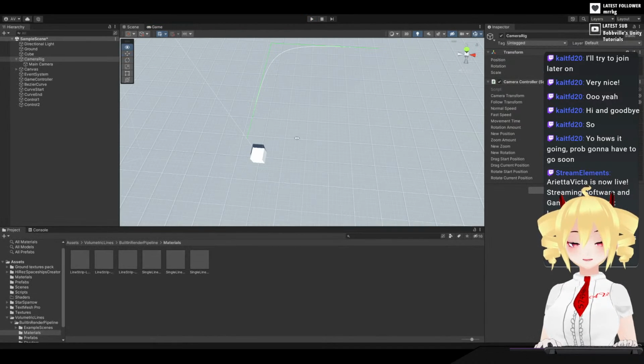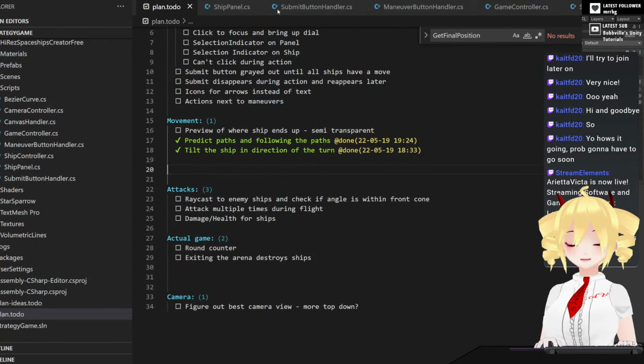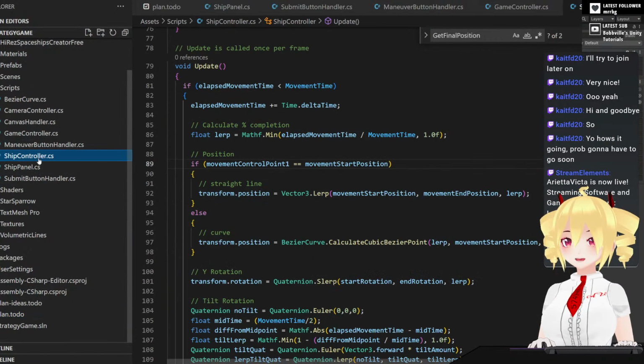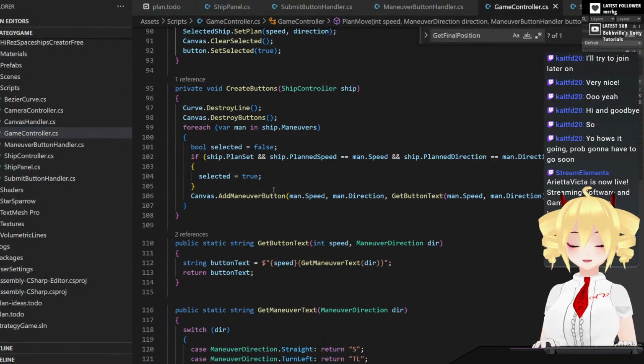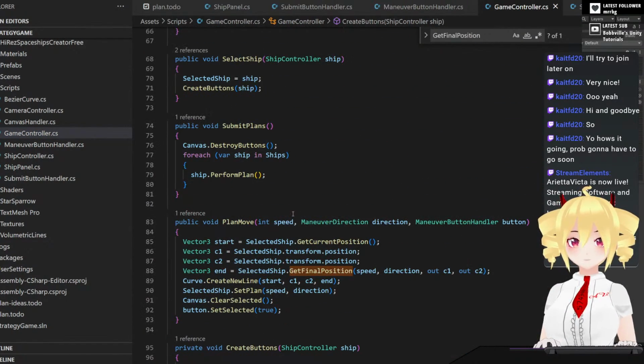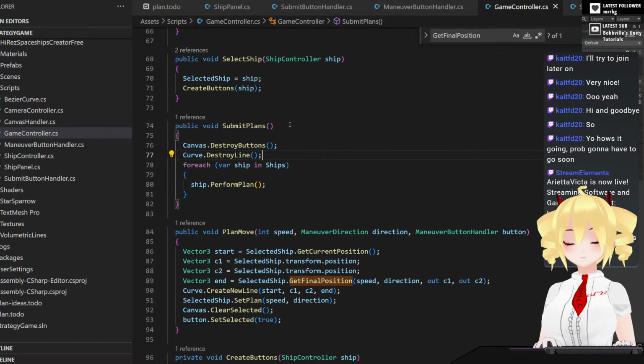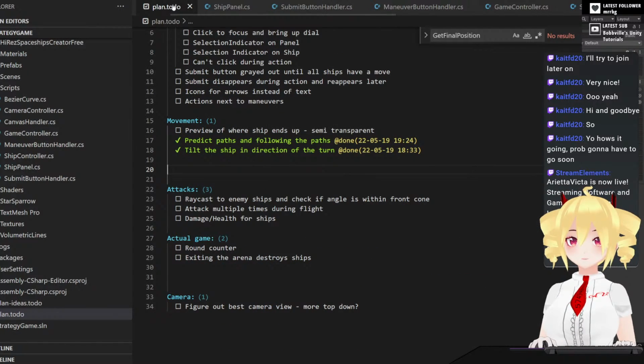Oh, I need to delete the line. Let's do that before we forget. I need to delete the line once you hit go. Submit plan, here we go. Alright, that'll clean that up. Alright, so